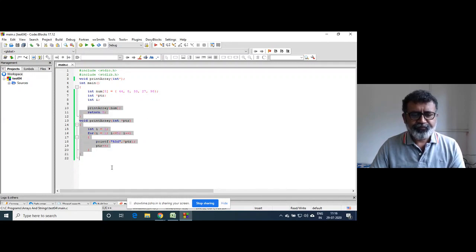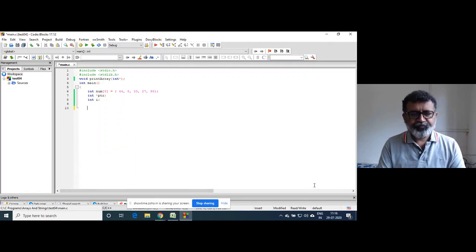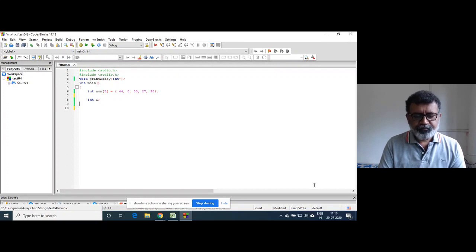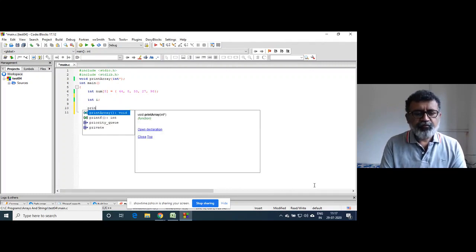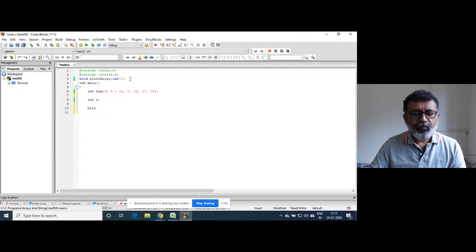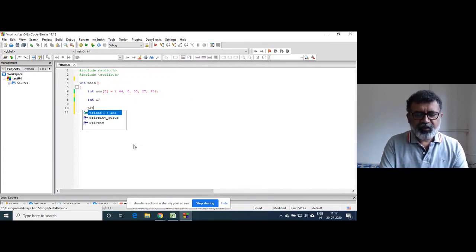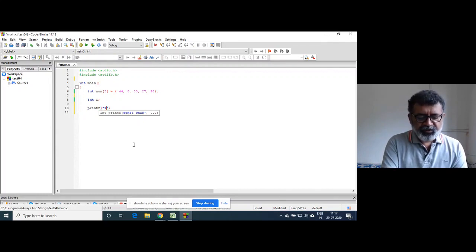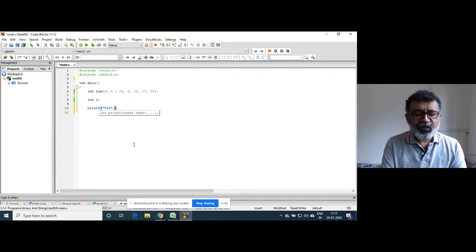Let's remove this. Now I will write again the basic program of an array. printf("%5d"), and how did we print the whole array?